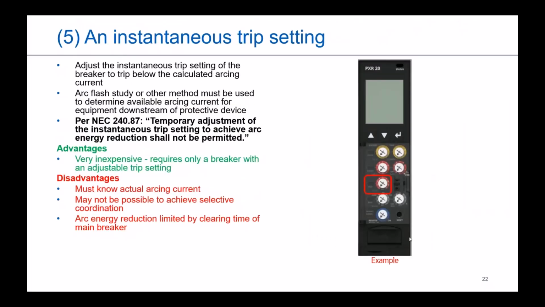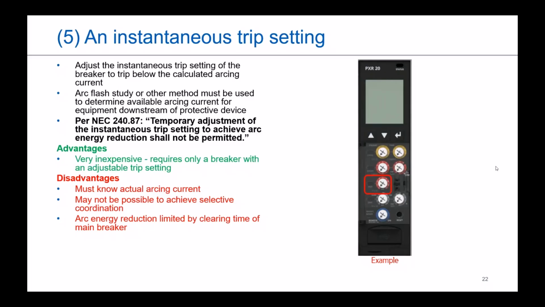As an example, this is specifically an Eaton trip unit, but I believe it's the same situation across other manufacturers. This actually isn't normally a blue ring. This is actually a ring that lights up. So when it's on, that will turn blue, and that is your indication that the maintenance mode is active. So there is a requirement, I believe, in the standards for the maintenance mode to have an indication. I just don't remember off the top of my head whether it says it has to be blue. But there does have to be a way to indicate that maintenance mode is on for personnel that are near the gear.